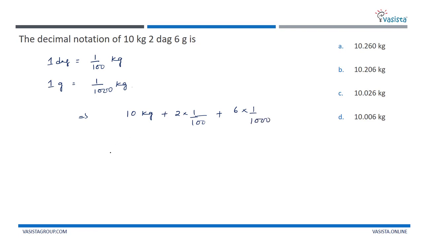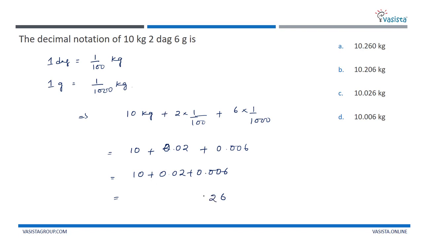You are going to get the answer, that is 10 plus 2 by 100, in the sense that is 0.02 plus 0.006. Now what you got, that is 10 plus 0.02 plus 0.006. Now add it, that is 6, right, then 2,